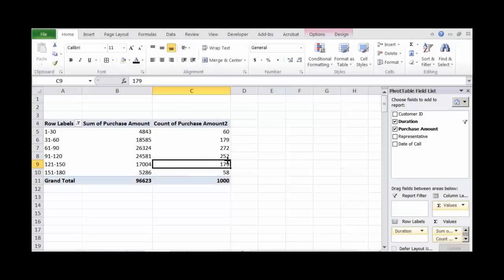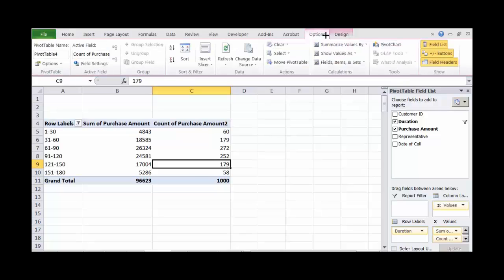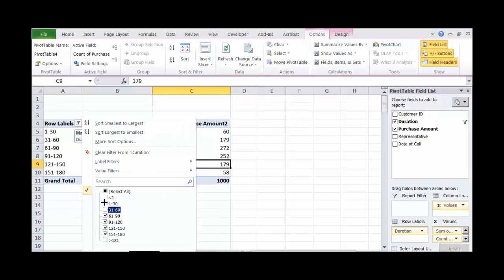There is one more thing in pivot table which is very useful to us, and that is under the option or under the analyze, you will find that there is an item which is called a slicer. So what is this slicer? This slicer helps you to filter out this item. Note that as of now, this is very geeky stuff. So you go here and then you filter it out.